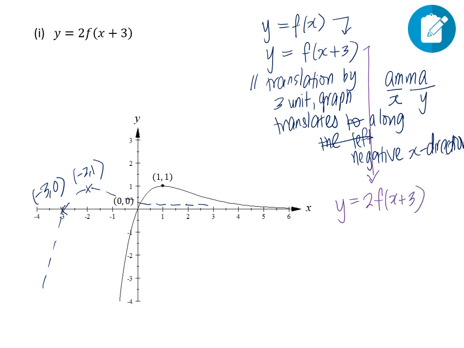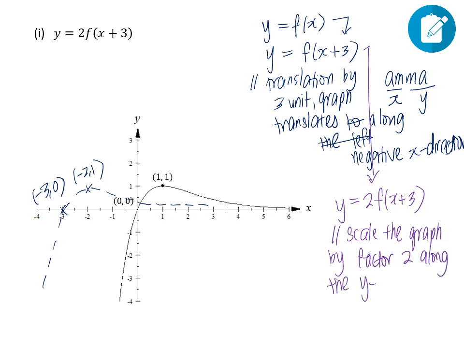So what this actually means is we are going to do a scaling, scale the graph by a factor 2, and this time we say that it is along the y axis or the y direction. This is the description of the transformation, which also means that I'm going to multiply all the y coordinates by a value 2. So you'll end up with a new maximum turning point that is stretched